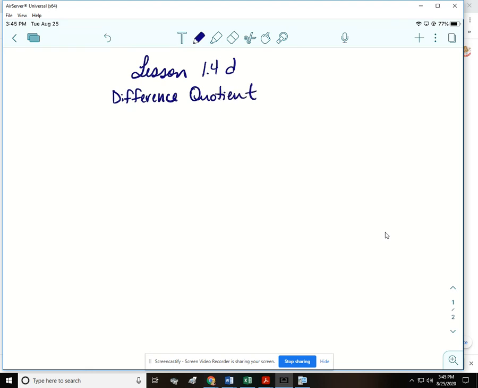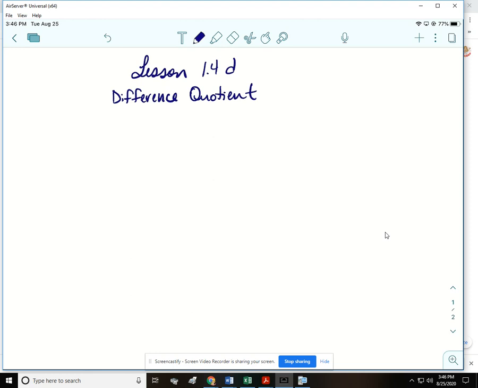In the past, they always will put a difference quotient question on the challenge exam. So it's important that we practice these, and then we'll go back and practice them again at the end of the year, closer to the test. Also, it's an important concept in calculus. It's one of the first things we do. We use the difference quotient to find something called the derivative. That is a major topic in calculus. So anyway,